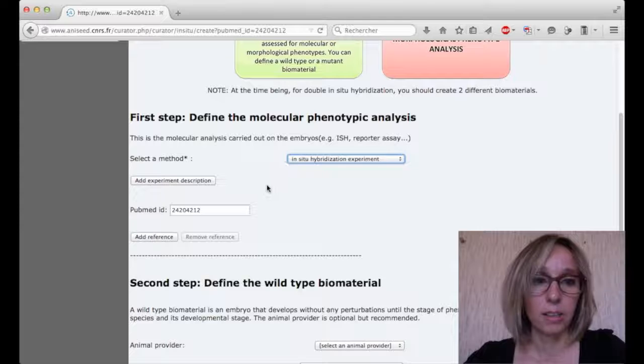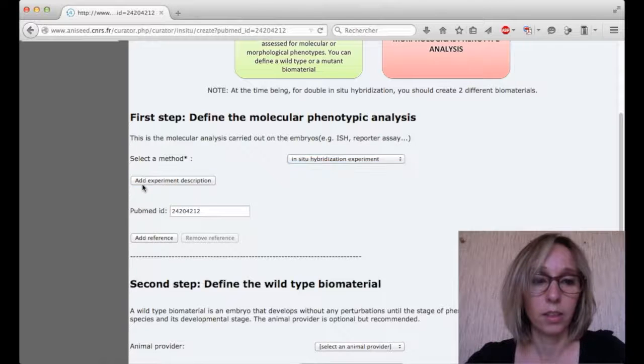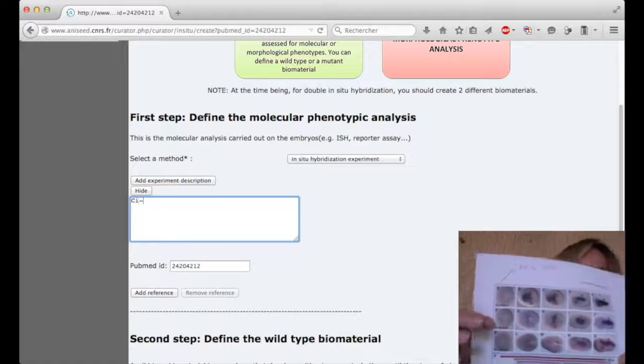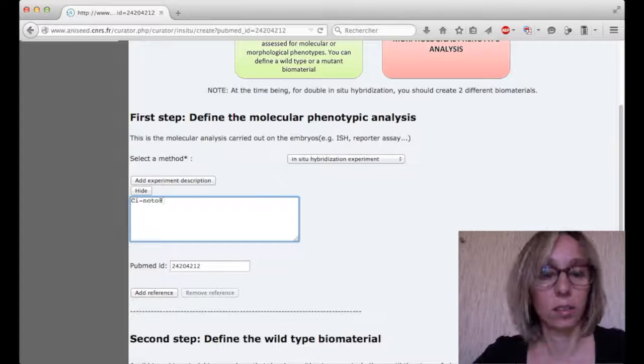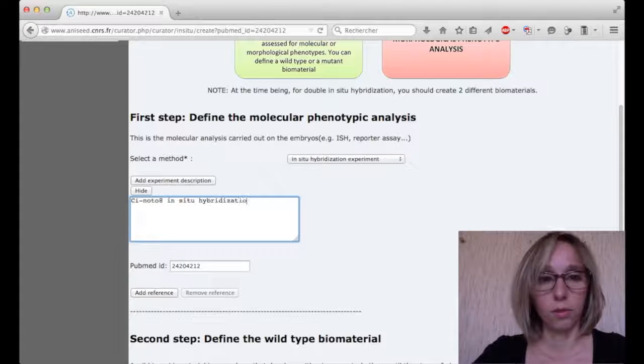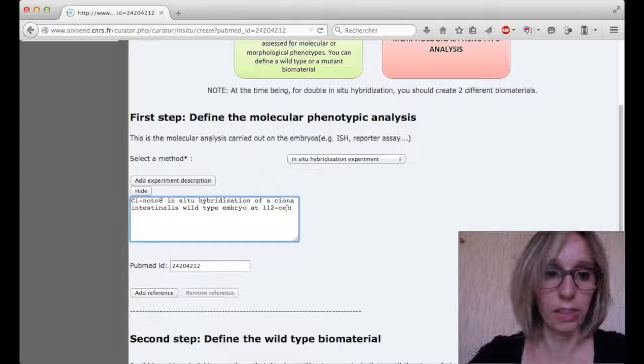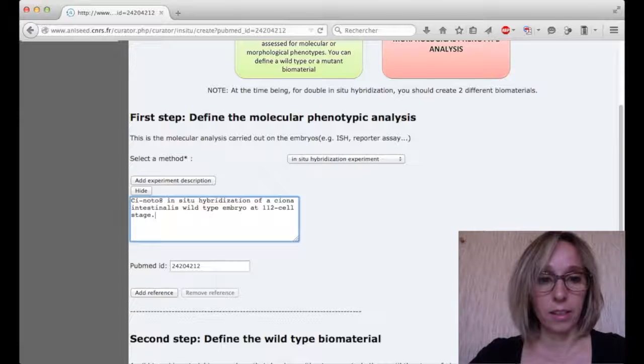You can add an experiment description here. So I want to enter data from figure 1, which is C-NOTO8 in situ hybridization for Ophiocyanea antestillalis wild type embryo at 112 cell stage. Okay, so then you can specify